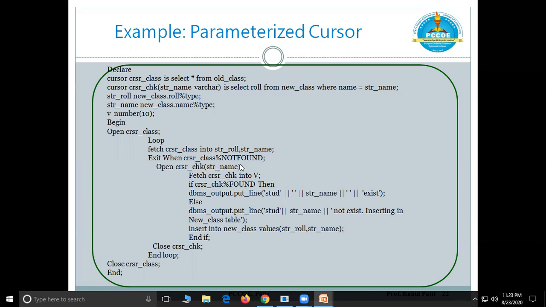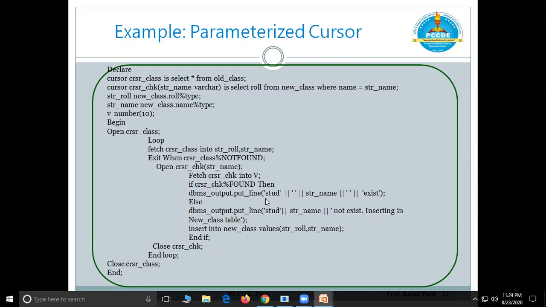If cursor_check%FOUND, then we say str name already exists, otherwise we say it does not exist, inserting into the new class table, and these new values will be stored.